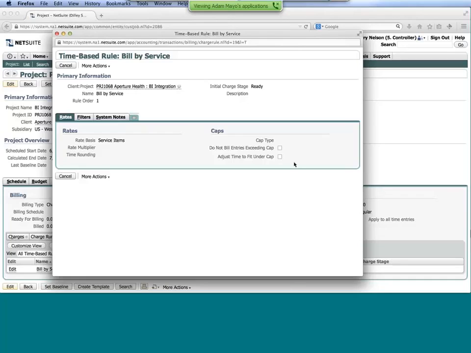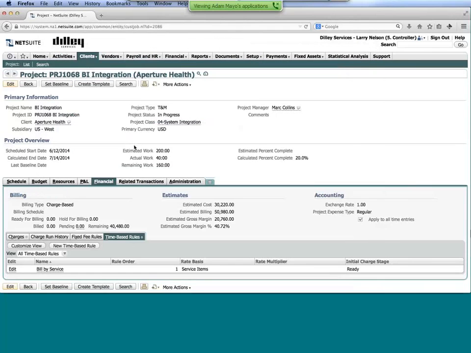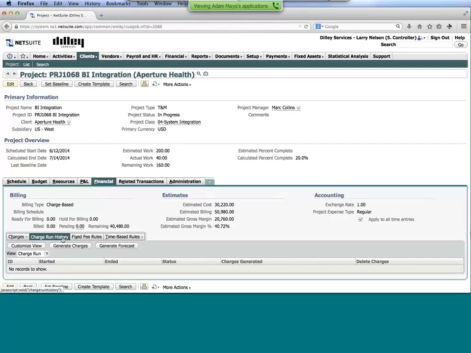We still want people charging time against the project because we want that cost to hit it, but we're just not going to be going in and invoicing for it. Okay. So that's some of the concepts here with those individual rules. And then this is something that once you have the rules set up, the system's going to be going in and generating those charges typically on a daily basis, but you can always go in and fire it and create those charges as needed.